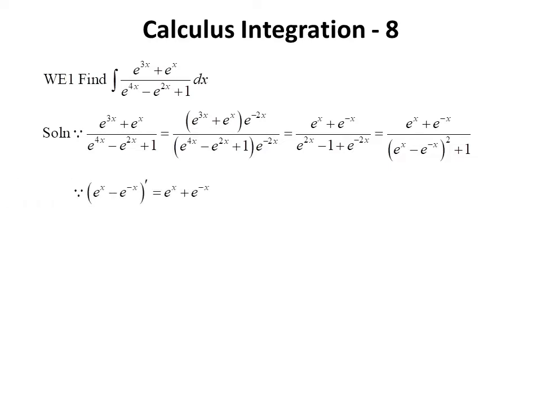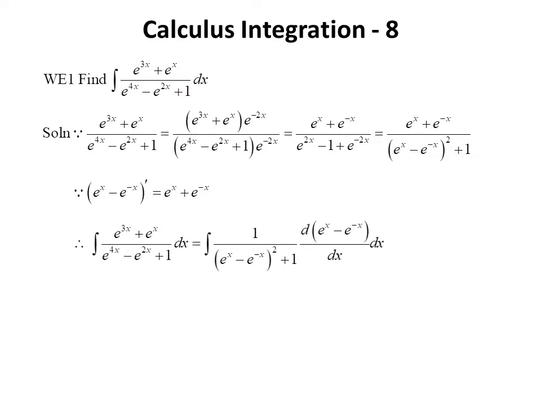Since the differentiation of e to the x minus e to the negative x equals e to the x plus e to the negative x, the antiderivative can be written to the integral of 1 over the sum of e to the x minus e to the negative x, in parentheses squared plus 1, d e to the x minus e to the negative x, in parentheses by dx,